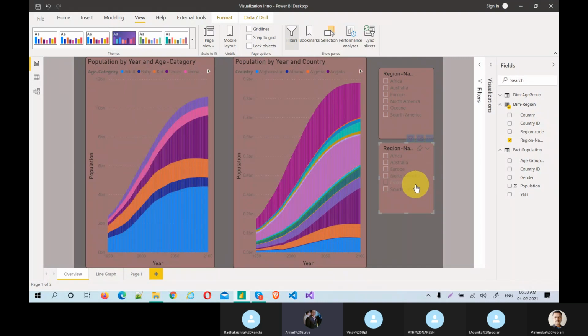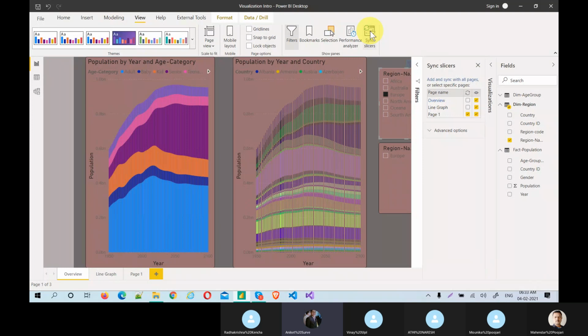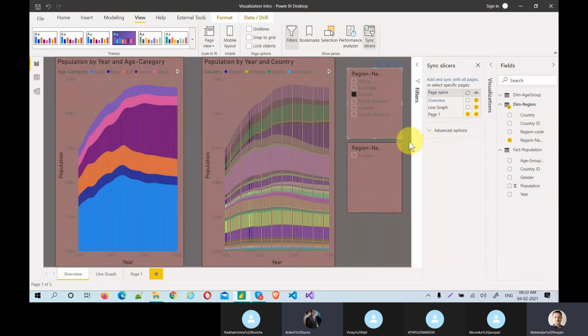Can you deselect, desync it? No, you can see this is on the same page. Let's see. You can turn off the interactions between these two. Edit interaction is there, right? You can apply these edit interactions between them. But again, this visual should interact with this visual in a different way, and this visual should interact with these two visuals in a different way. That comes under edit interaction. Yes. Okay.